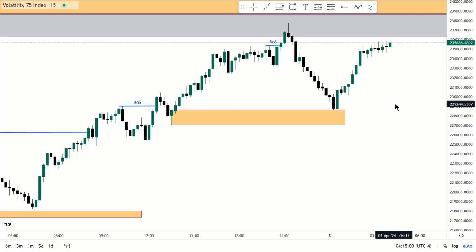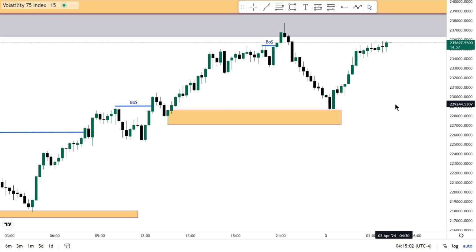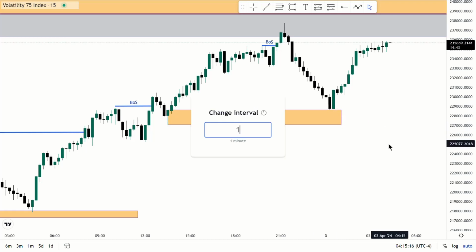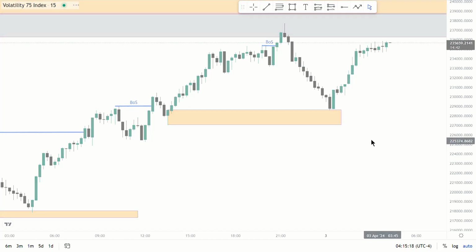Not just based on your analysis time frame. Of course, you can be very much profitable with just analysis time frame, but this just gives you an extra edge if you are trying to advance. I don't know if I should show you even here the entry setup.